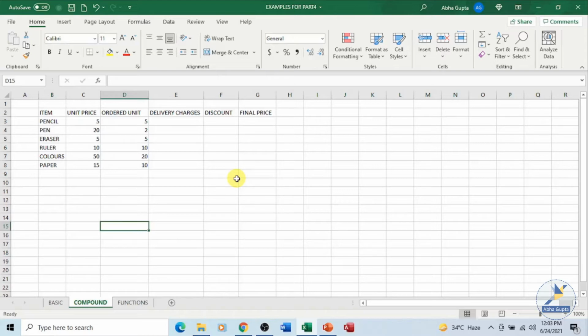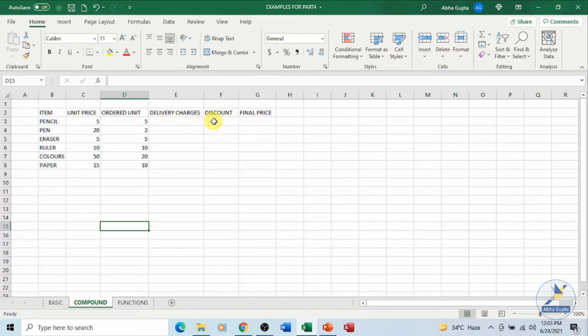As you already know, for calculating the final price, if unit price is 5 rupees and the number of units which have been ordered, the formula will be unit price into ordered units. Plus, if there are any delivery charges, we will add the delivery charges.